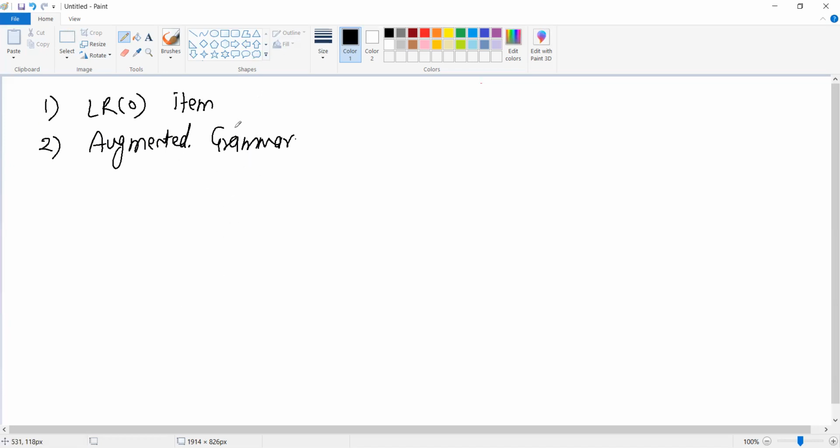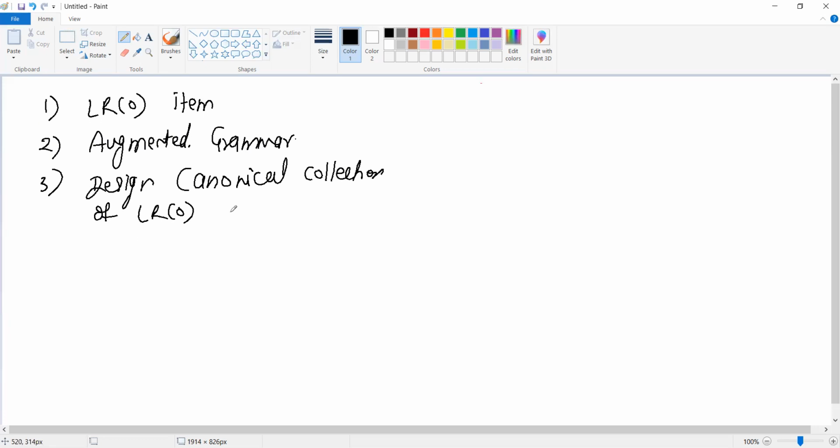First of all, you need to find the LR0 items. Then you need to convert your grammar into augmented grammar. Then step number 3, you need to design the canonical collection of LR0 items. We'll see every step one by one.